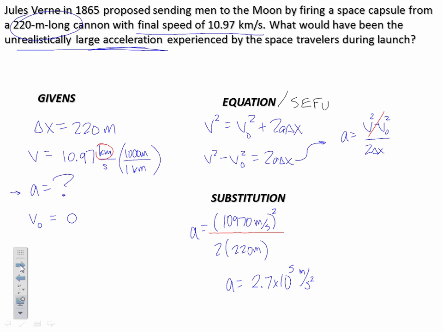Eventually we'll figure out that you've heard of pilots or maybe on roller coasters pulling G's. You ever heard that? Pilots can pull like 6 G's for a second or two before they pass out. Well, 1 G is about 10 meters per second squared. You'd have to pull 27,000 G's in order to do this. It would destroy you physically, literally. You wouldn't live. Onward!